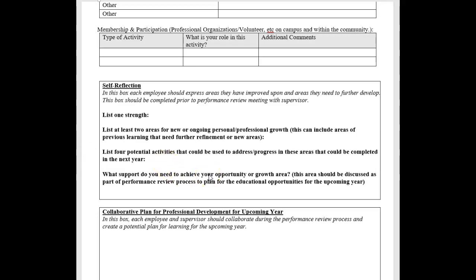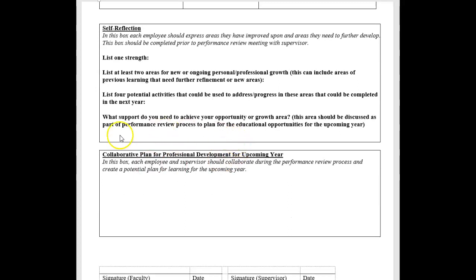So what that means is that you should already be working on professional development in 2023, and then any of these activities you could use to turn in on your 2023 form. When we meet together, we will make a plan for your professional development.